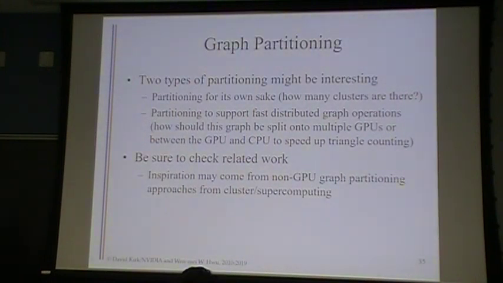The other way you might want to do this is that you might want to partition a graph in order to make some other operation fast later. So you distribute the graph, turn the problem into multiple parallel subproblems. And so the algorithm, in the first case it might be that Facebook wants to use a particular algorithm to identify partitions, and so you would want to implement that algorithm on the GPU. The second case is more like you want to figure out a way to partition the graph that simultaneously allows you to speed up the operation that you actually care about, but the cost of partitioning the graph doesn't outweigh